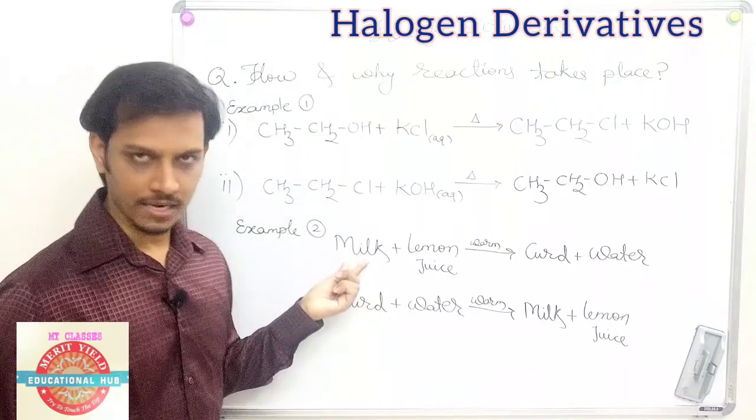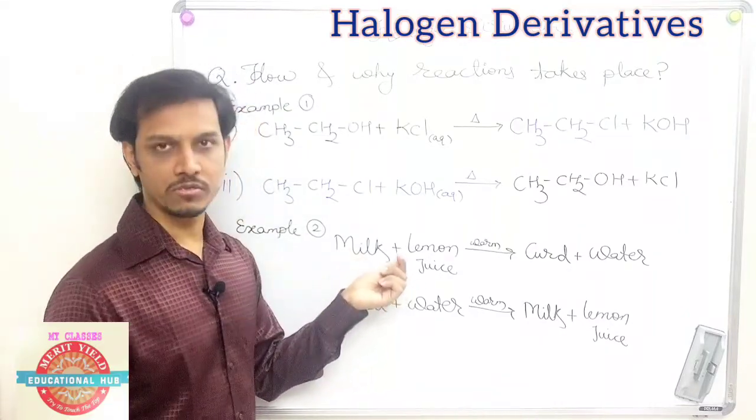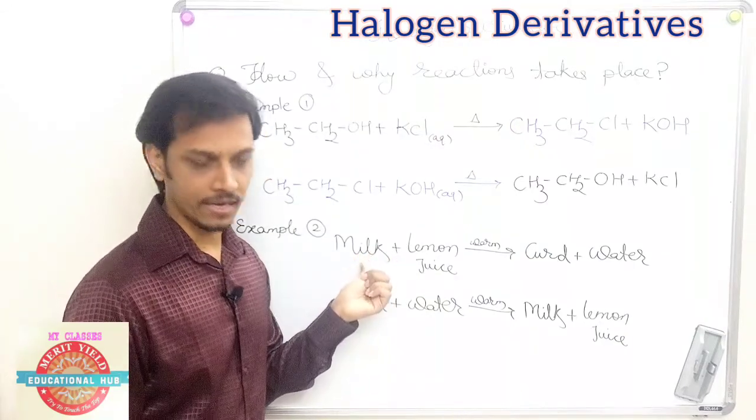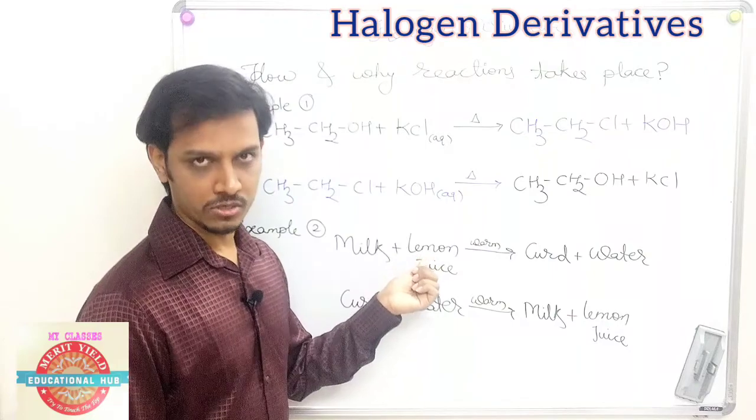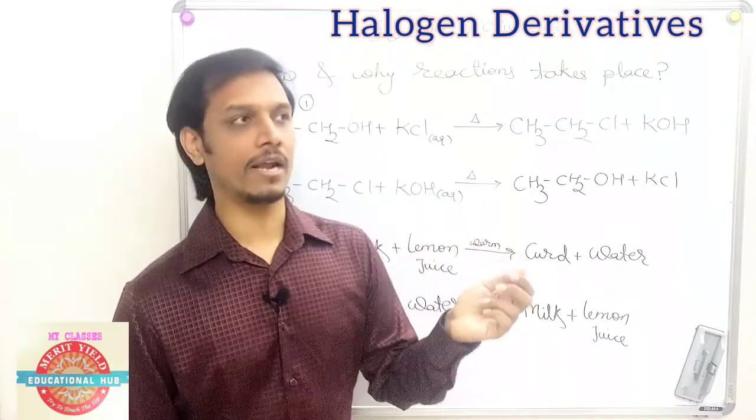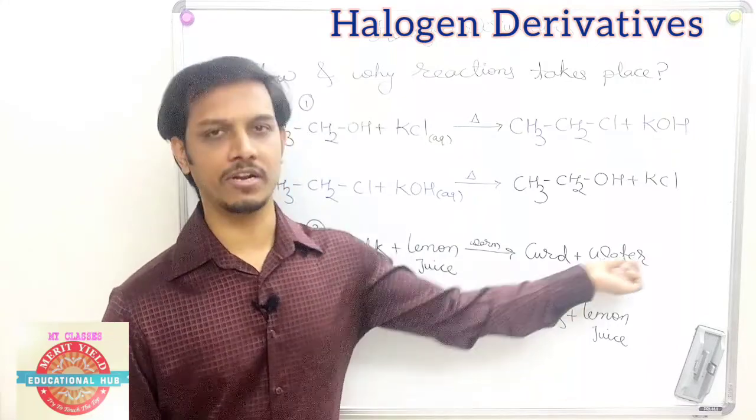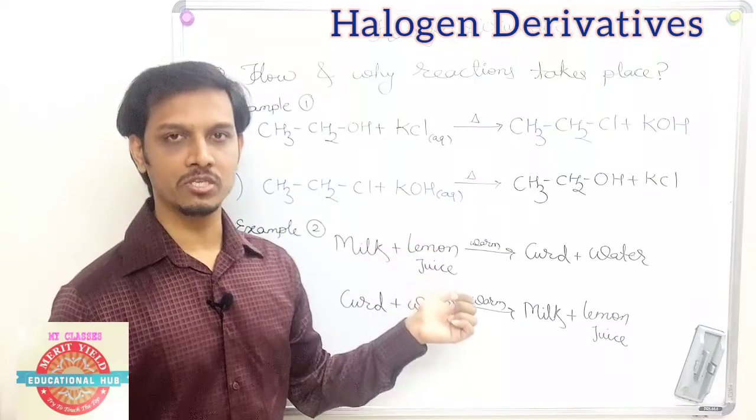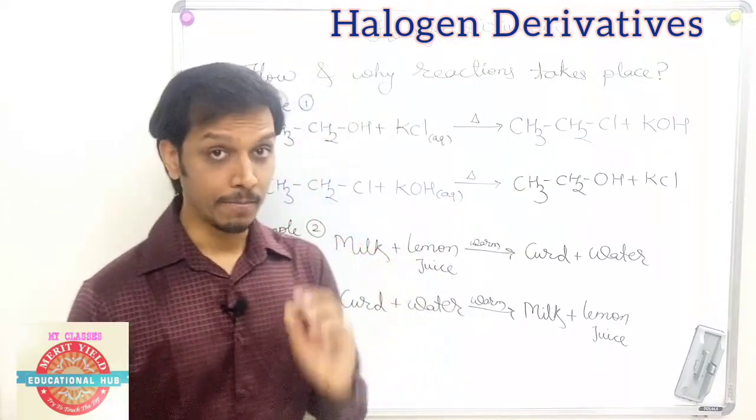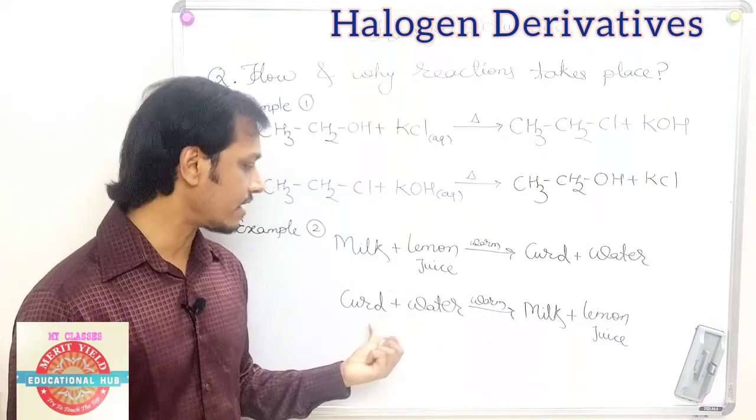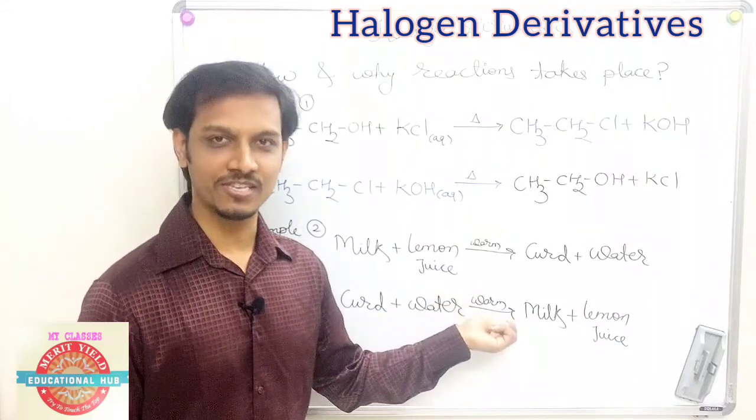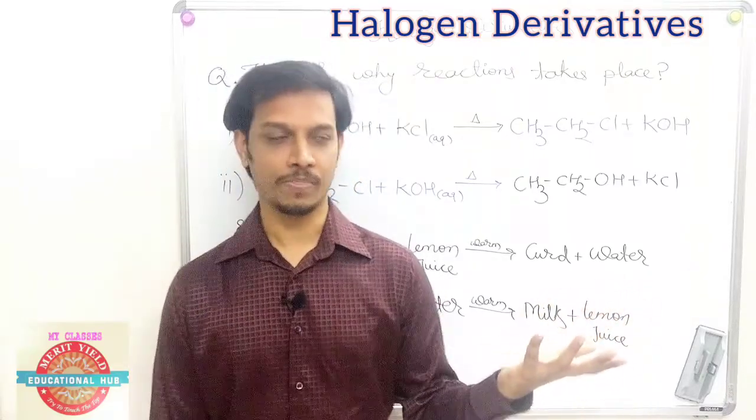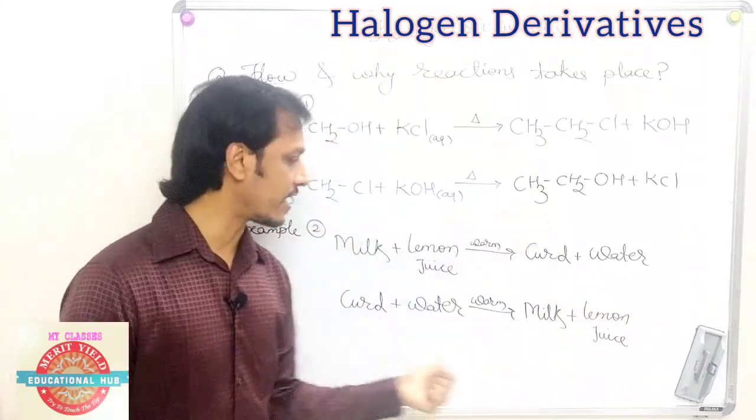Suppose I'm having milk, everybody knows it, and lemon juice which contains citric acid. If you add milk or lukewarm milk to lemon juice, after a certain period of time, around 10 to 12 hours, we will get curd and traces of water, a very small amount of water. But ultimately, milk plus lemon juice can bring us curd. But if we reverse the reaction, like curd plus water in a warm condition, can I get milk and lemon juice? No, for sure it's a no,